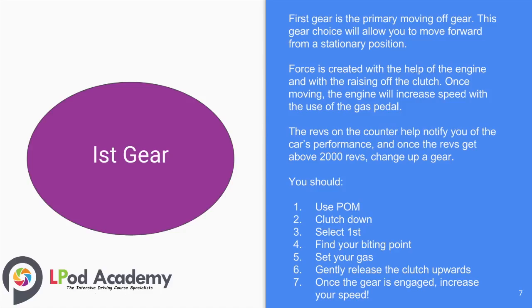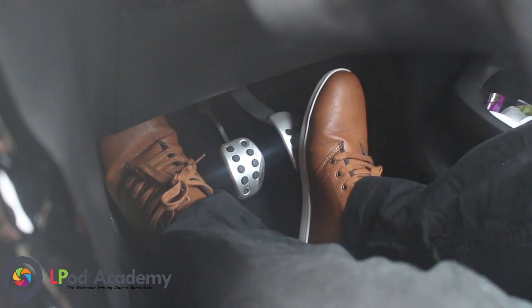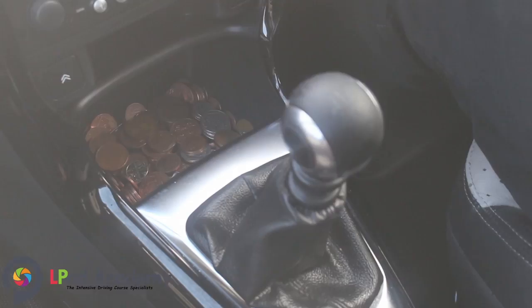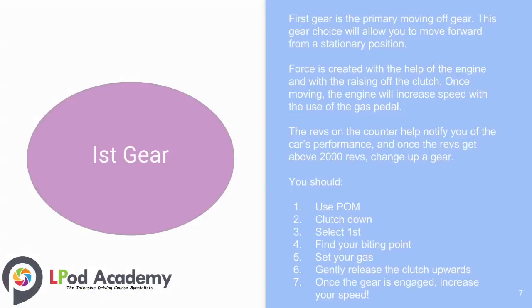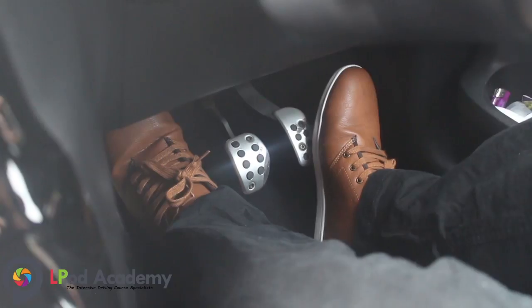You should follow this advice. You should use the POM routine: preparation, observation, followed by the manoeuvre. So you will need to put the clutch down, select first gear, then you should find your biting point